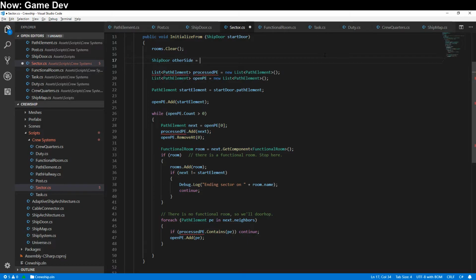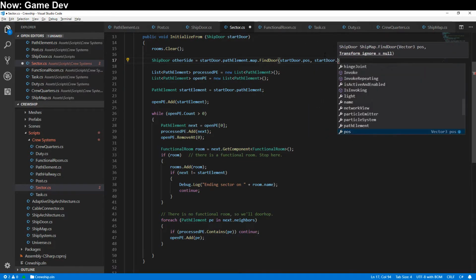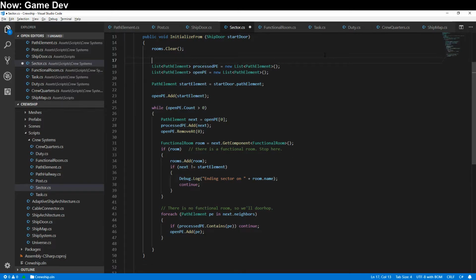equals start door dot path element dot map dot find door, start door dot position and start door dot transform. Start in a, well, if this is like two rooms that are exactly, hold on, that's only going to work if,